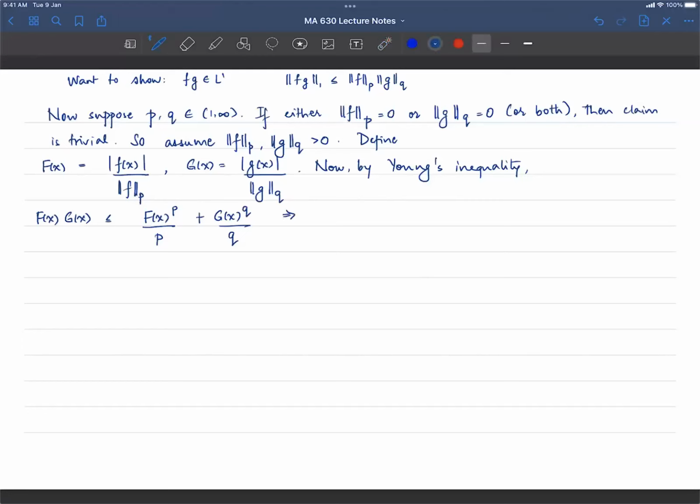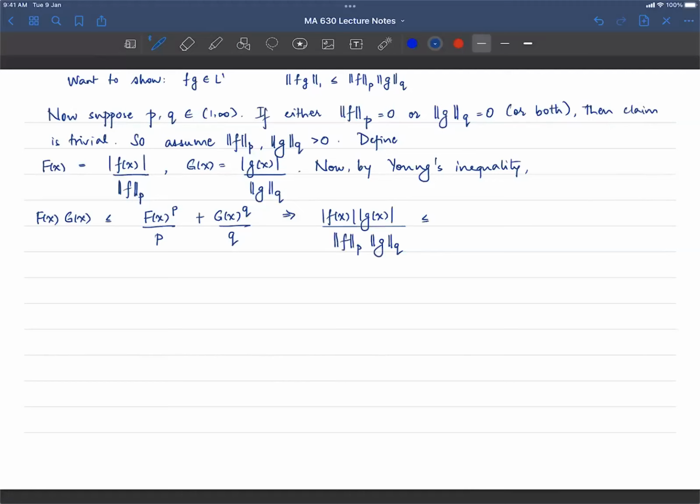What is this saying? What is the left-hand side that I'm just highlighting? Let's write out what capital F and capital G are. So what you get is |f(x)| times |g(x)| divided by the p norm of f, the q norm of g. This thing is going to be less than or equal to